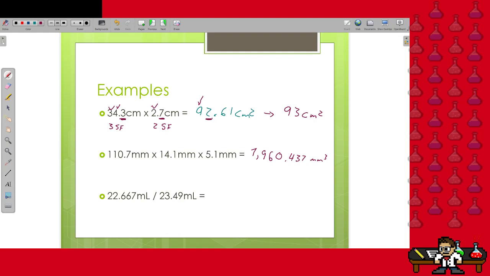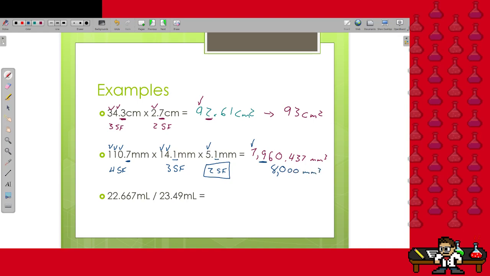I'm going to take a look at the significant figures for each of these values here. We have sure about, estimation for 4 significant figures. Sure, estimation, 3. Sure about, and our estimation for 2. So because the lowest number of sig figs that we have in this multiplication is 2, we can only have 2 significant figures in our final answer. So we're sure about the first value, and we're going to round to the second value to have 2 significant figures here. And this would give us 8,000